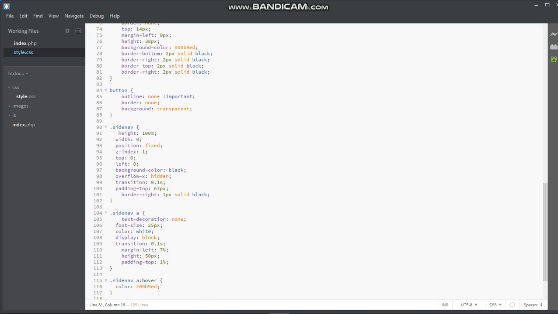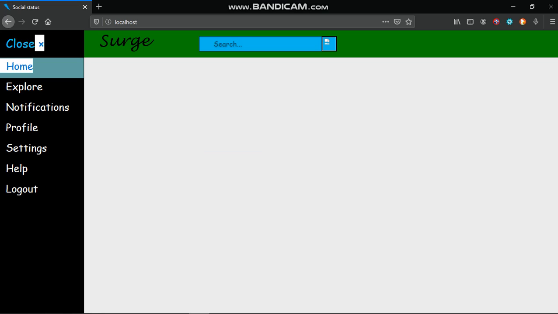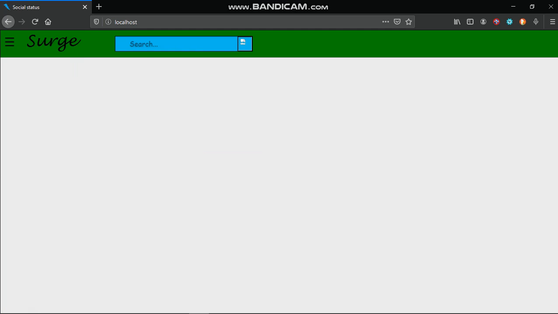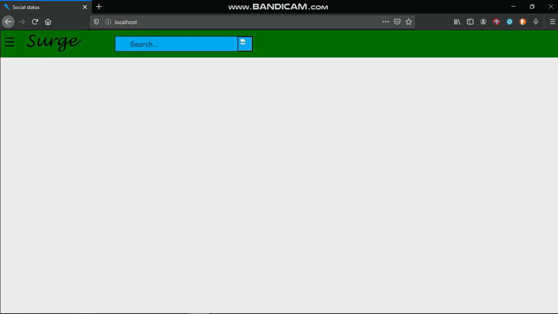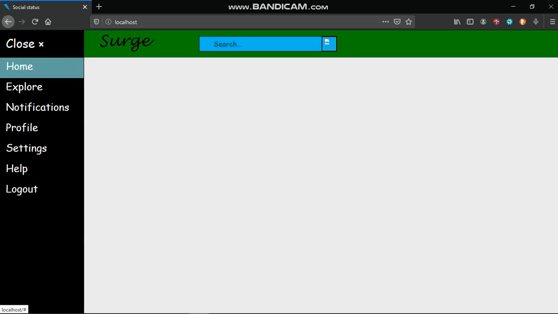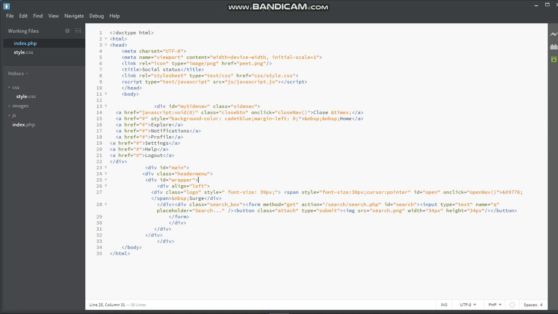So now we made the width 0. That means it's not going to show at all. We just made it as easy as you can, so you guys can understand. So that when you click on this, it should make the width increase. This thing was actually existing there, but you never knew. Then div ID main, all those things. This is just for the main page.